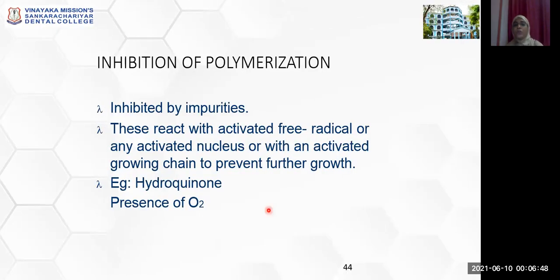Okay. So now whenever you have an activator, you should also have an inhibitor in polymerization. Yes or no? So what are all the inhibitors? What is it that can prevent polymerization reaction? So as we all know, any impurities present, okay. So whenever there are any impurities in the denture base resin, or there is presence of oxygen, okay, and another important compound which is hydroquinone. So all these three together will inhibit the polymerization. Fine.